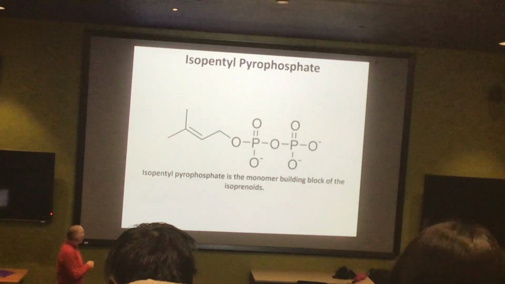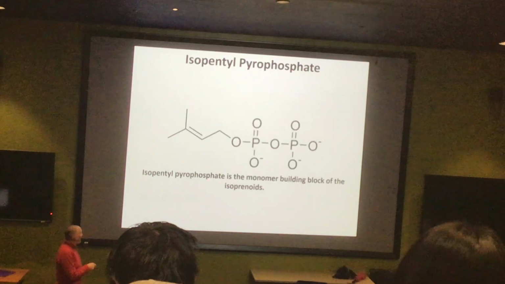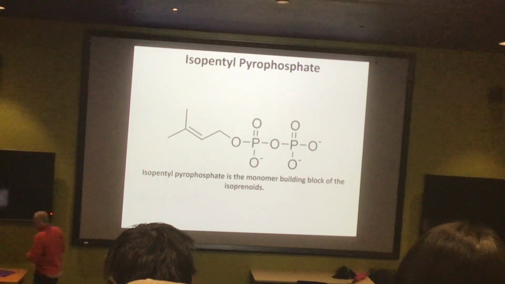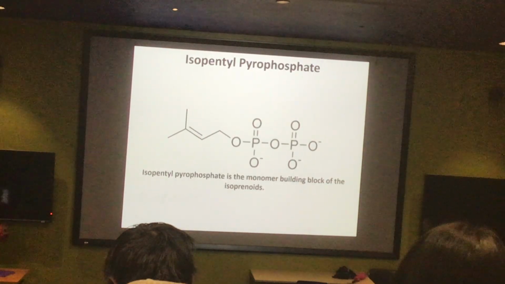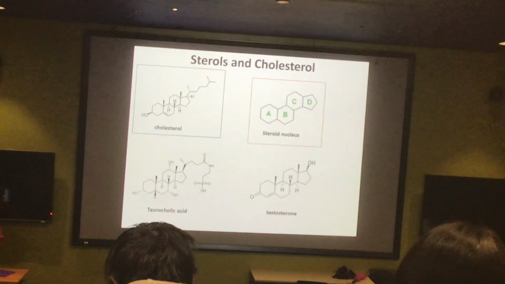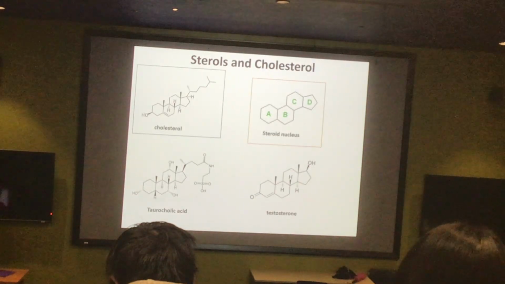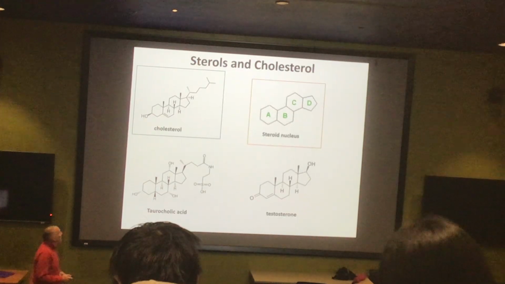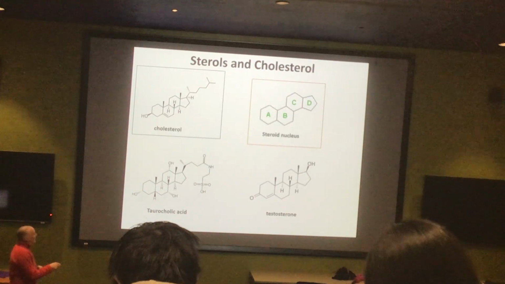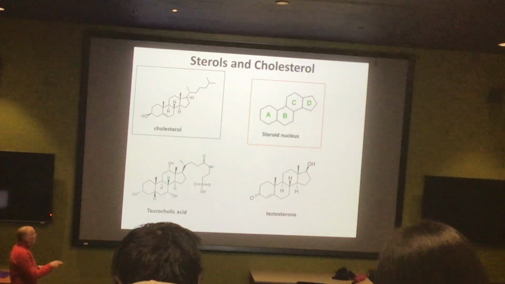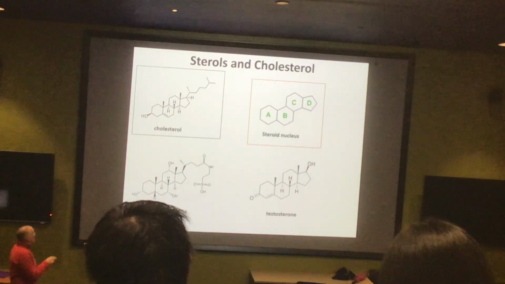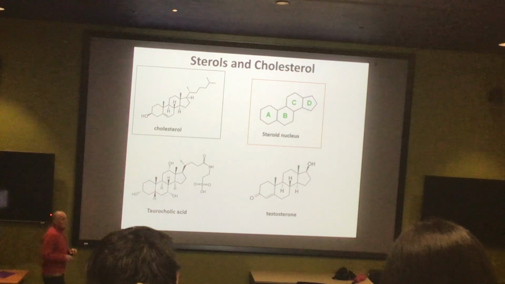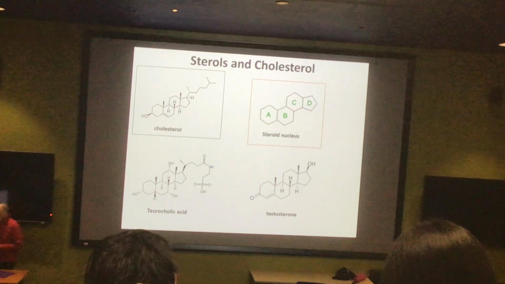Instead, the precursor for all of these molecules will be isopentenyl pyrophosphate. And of course, the energetics for making these will be the loss of the pyrophosphate group. So hopefully, maybe that's one of the last times I say that this semester. What are these isoprenoids? Some of them are long open chain molecules. We'll see some versions of those. But the ones that we'll focus on most have the steroid nucleus here, this common four-ring steroid nucleus. And these include molecules like cholesterol, of course, as well as the steroid hormones, and the bile salts, which we were talking about when we were talking about fat digestion.